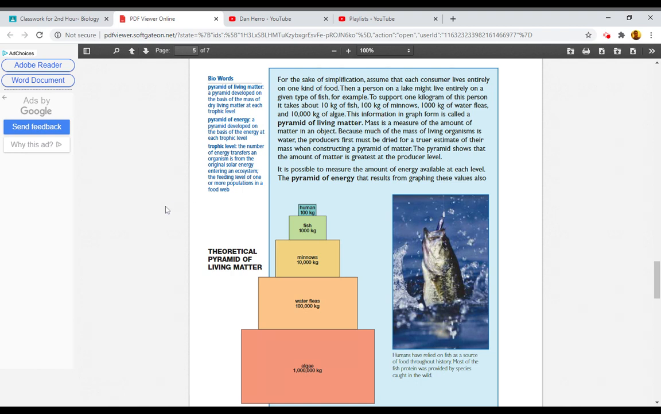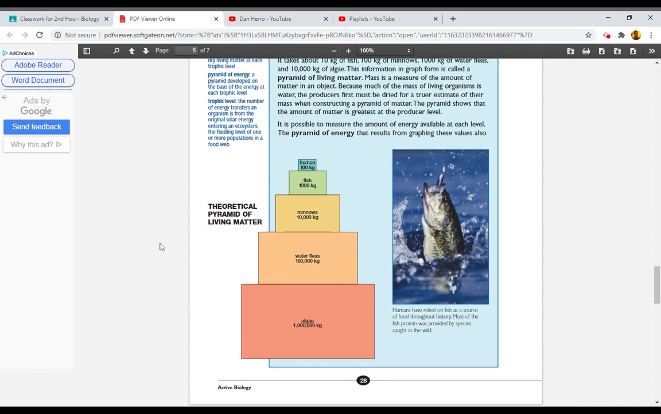Mass is a measure of the amount of matter in an object. Because much of the mass of living organisms is water, the producers first must be dried for a truer estimate of their mass when constructing a pyramid of matter. The pyramid shows that the amount of matter is greatest at the producer level. It is possible to measure the amount of energy available at each level. The pyramid of energy that results from graphing these values also